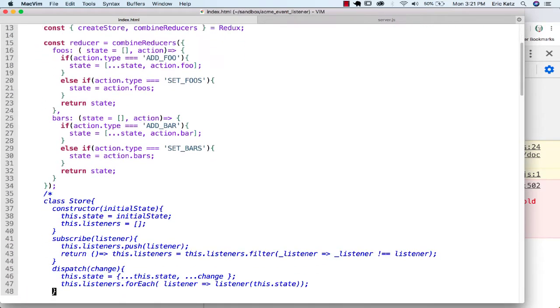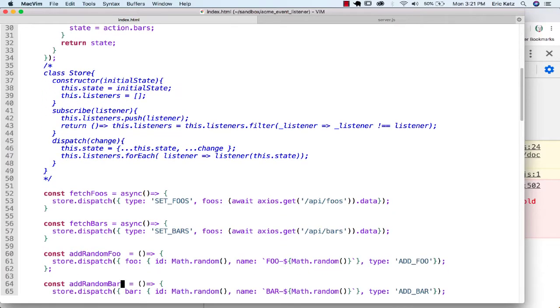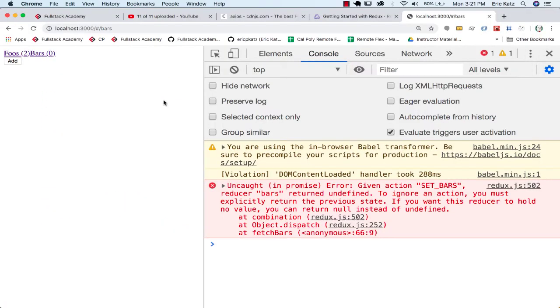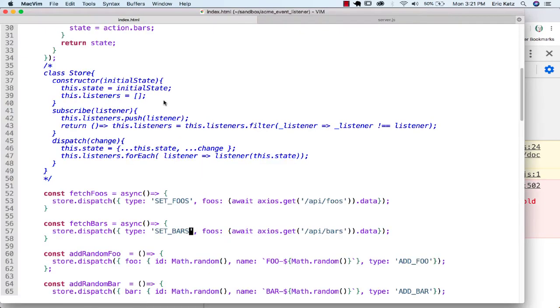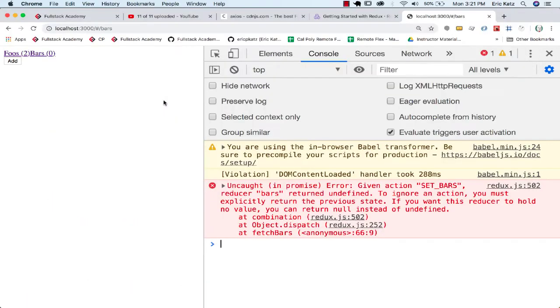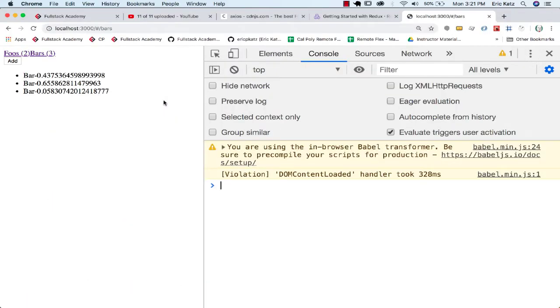We've got our foos and our bars, and my guess is it doesn't like when you have no value on your state. It's telling us, hey, look, there's a problem. You have undefined on your state. That's not a good thing, and that's happening because I misnamed this. Now we've got our foos and our bars,